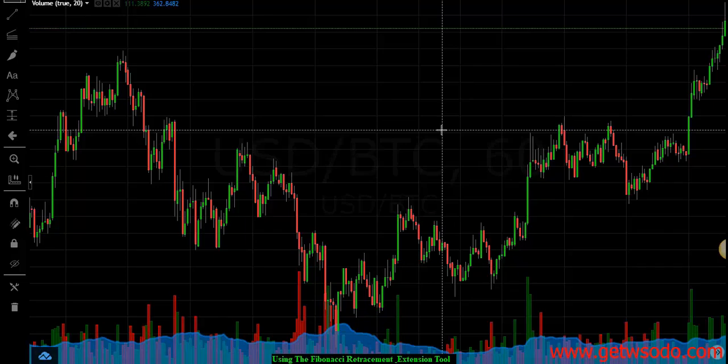And so if we know how to use these tools, we can do the same thing. We can short the market, we can figure out where to place entrance and exit points, and we can identify where this is happening. So I'm going to show you in this video the retracement tool, the extension tool, and I'm going to be pointing out a couple key parts on this chart we have right in here. And then I'm also going to show you as proof where this actually happens in active